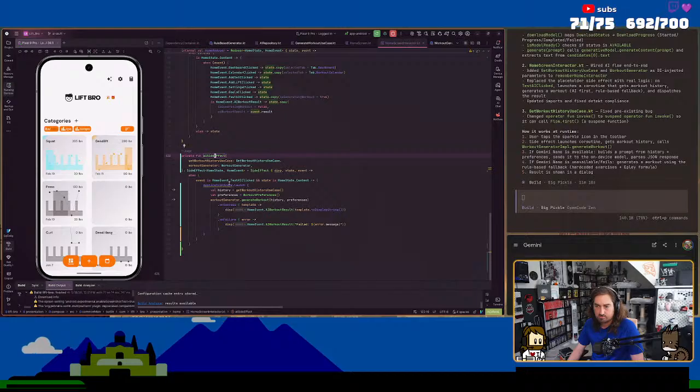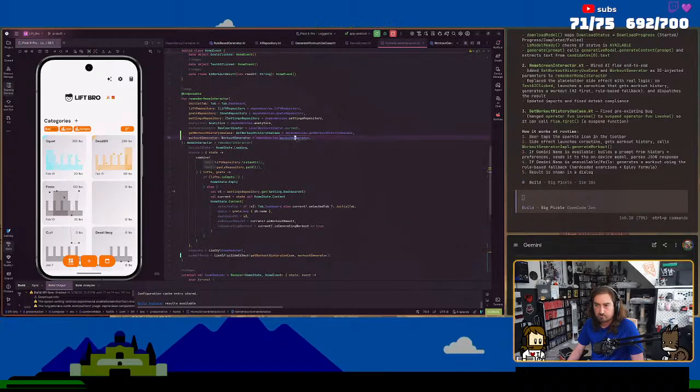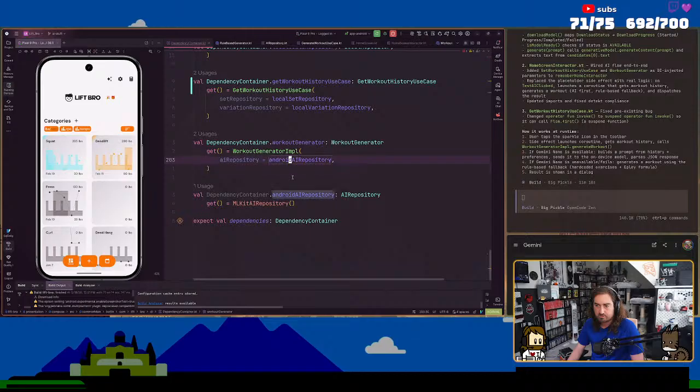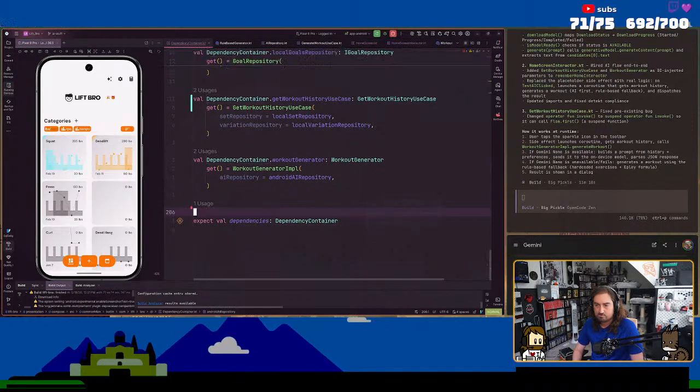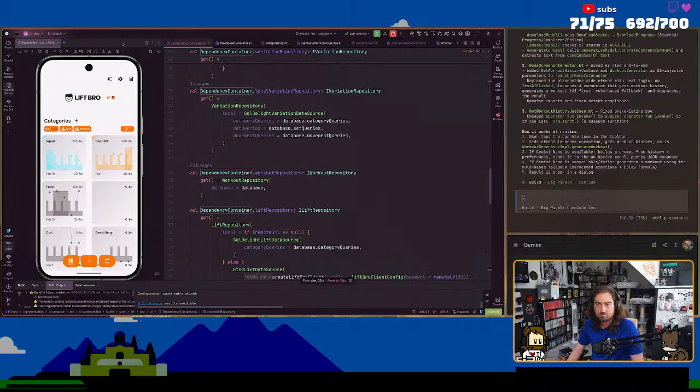No, I don't want that. I want to know where this workout generator is coming from. And then this workout generator is the Android AI repository. Oh. How is...